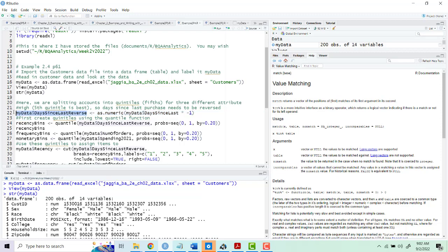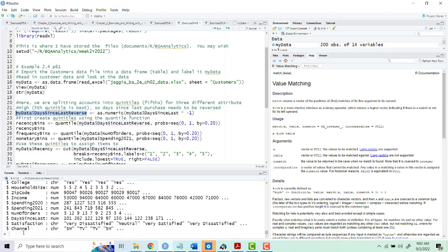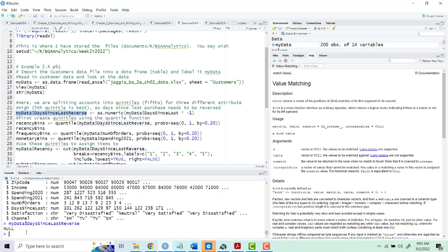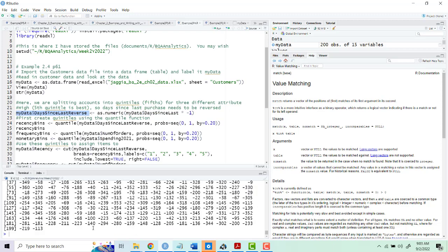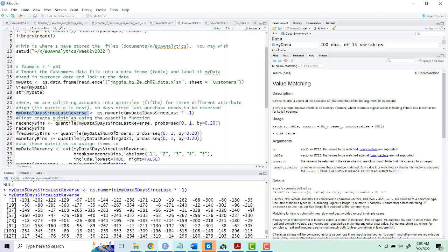So let's look at the original data, the days since last reverse, which we're going to create first. Now look at the data. And you can see that we have all these values, and say somebody's last purchase was 9 days ago. That's our characterization of a better customer. So we want to find out what the